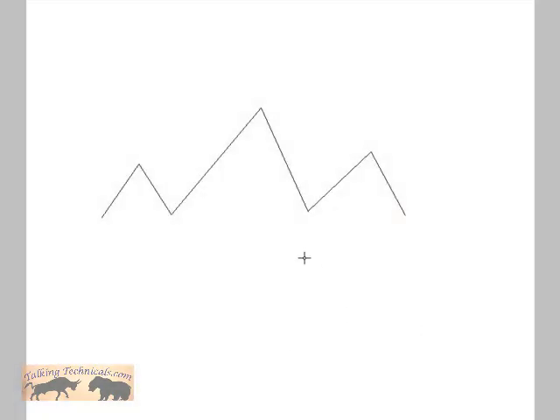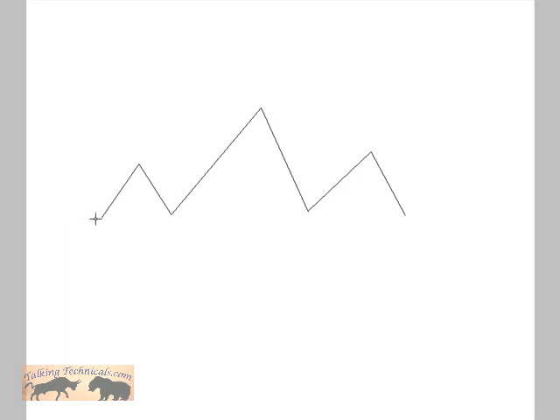Yeah, just a brief explanation of a pattern in the stock market that is coming up right now as we speak in the Dow Jones, and I believe the Nasdaq and the S&P have it too. It's called a Head and Shoulders,